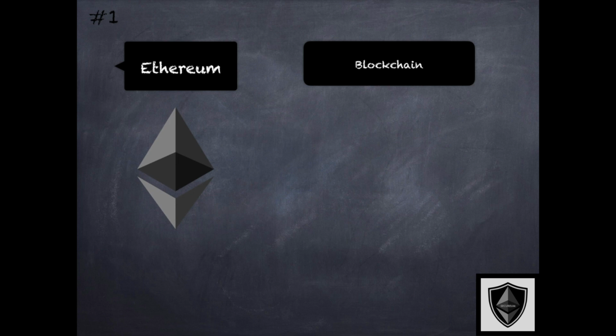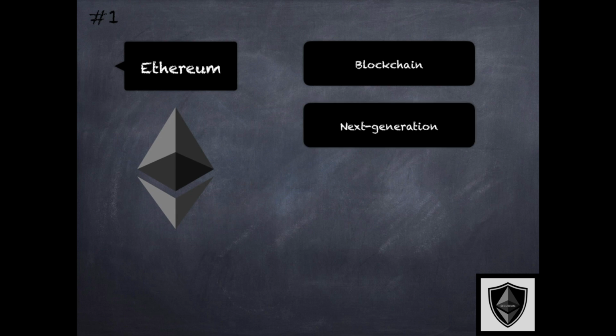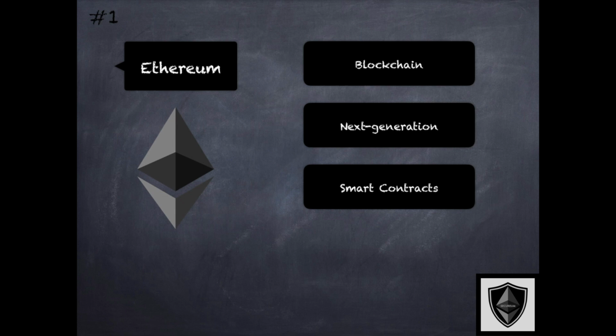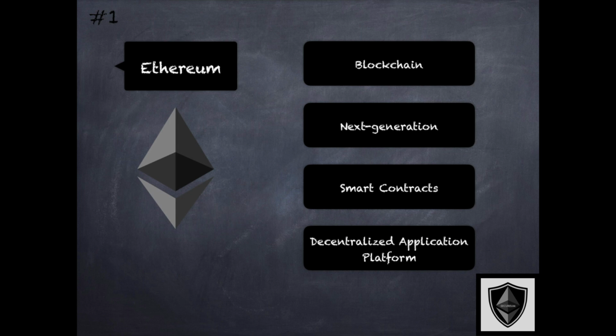So Ethereum is a blockchain, which should be obvious by now. If you look at the white paper, and I would strongly recommend everyone starting off to actually read the white paper that was put forth more than 7 years ago. So go through it. There are a lot of those initial concepts, the motivation, the grand vision for Ethereum written very elaborately in the white paper. And the white paper proposes Ethereum to be a next generation blockchain that supports smart contracts to allow decentralized applications to be built on that platform,